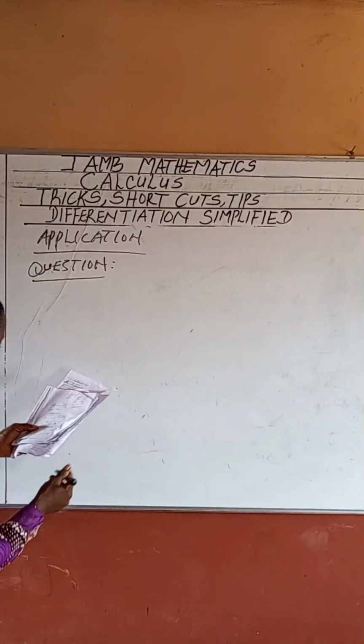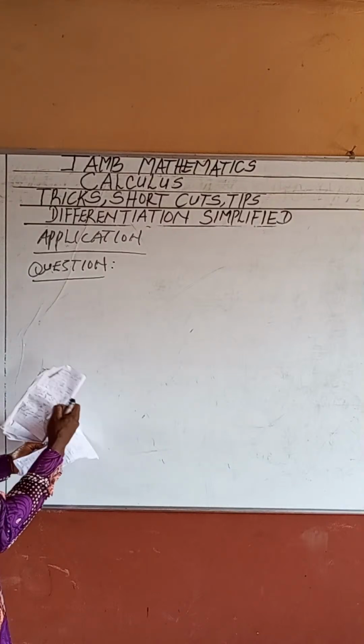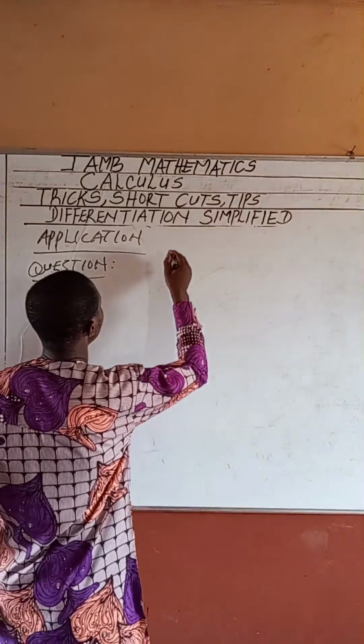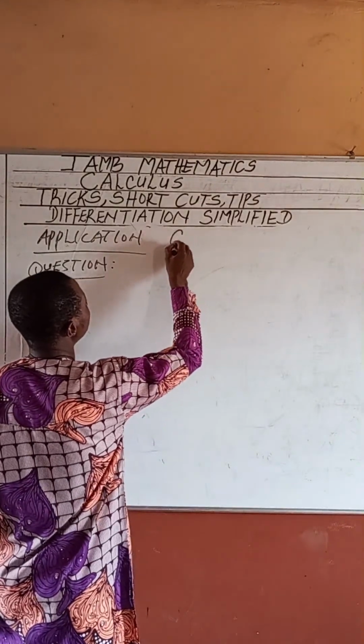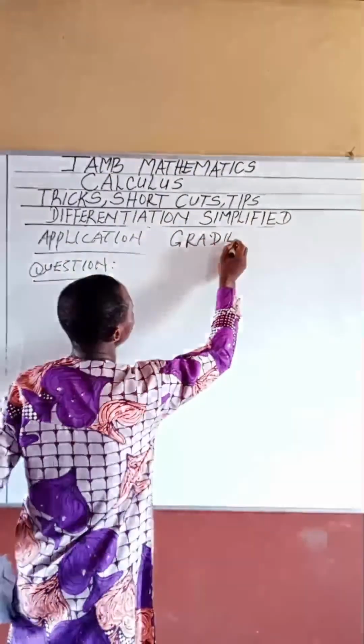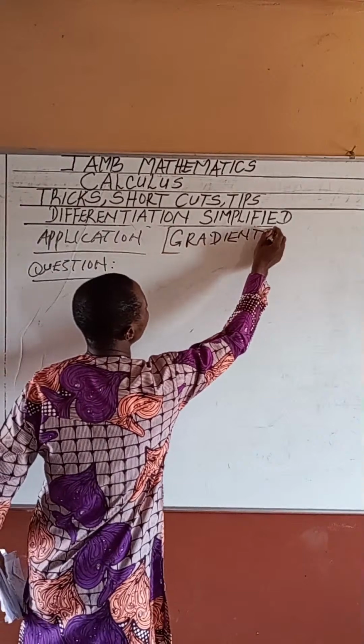So I'm going to make it, look for a snappy one, very short. One is gradient. Part one is gradient. So we're going to look at gradient first, because this one is very, very popular. Please do well to watch